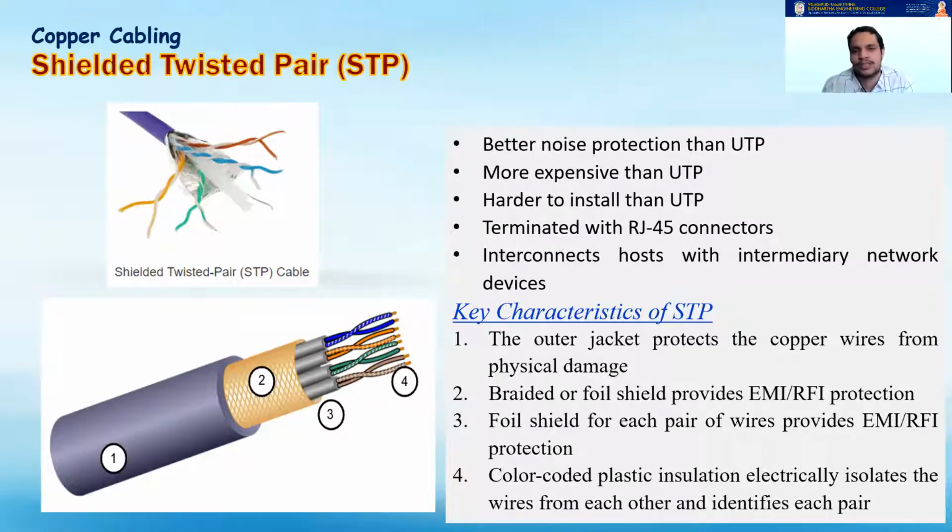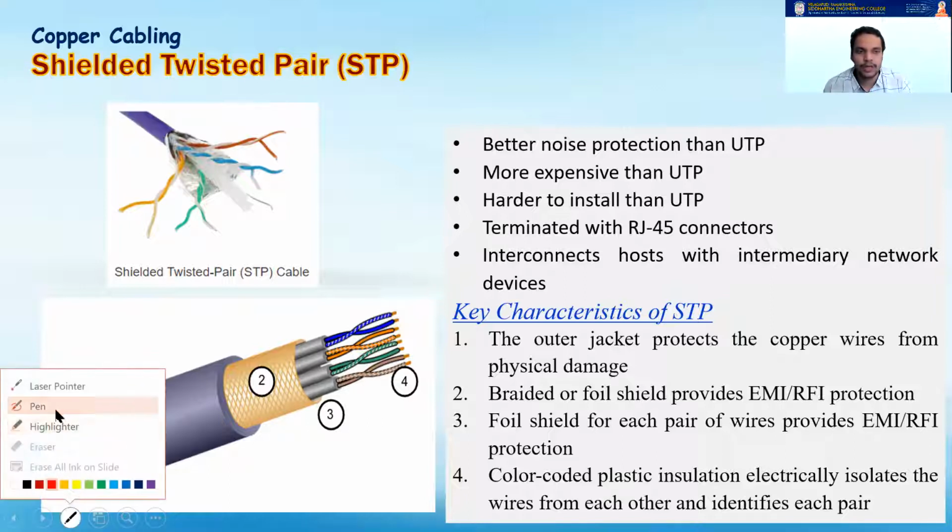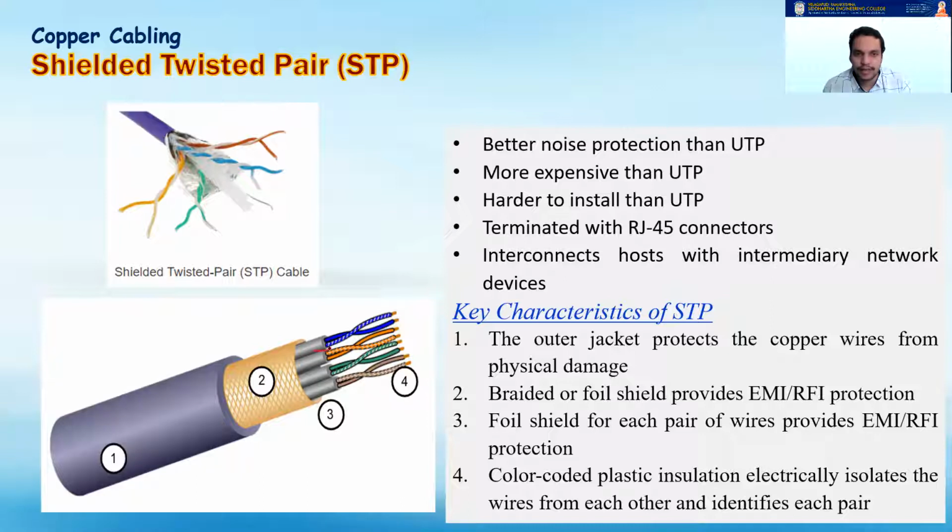Compared to UTP, this is far more expensive because rather than just having one plastic coating on top, each and every pair is covered with a separate insulation. If you see the diagram over here, you can check it out. There are 4 pairs, and all the 4 pairs are covered with 4 different types of insulation. On top, there is once again another cover to cover these things, and on top, there is a plastic coating.